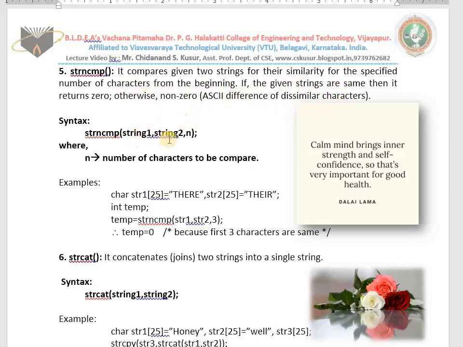Syntax: str1, str2, comma n. Number of characters to be compared. First one is having THERE, second one is having THEIR. But in both the strings THE is common. I want to compare only first 3. That's why str1, str2, 3. First 3 are same, that's why 0. Otherwise non-zero. This is what all about strncmp.